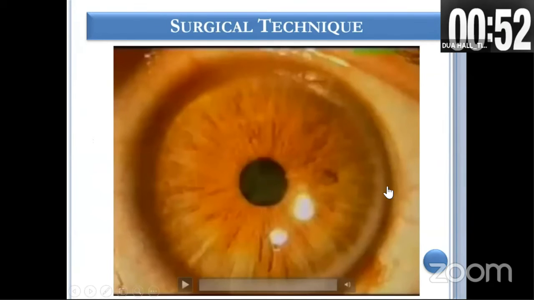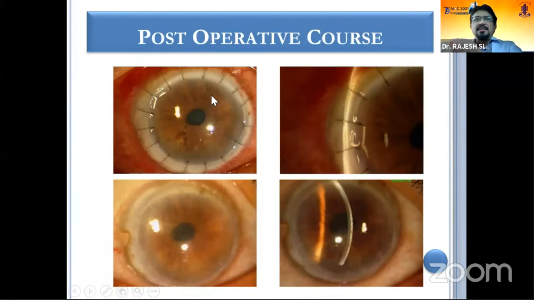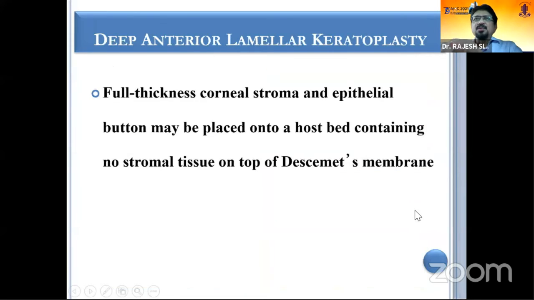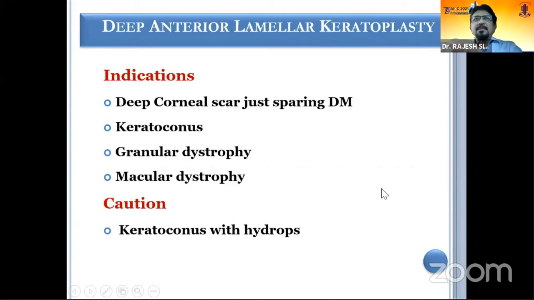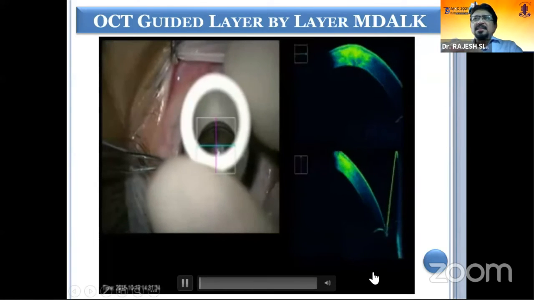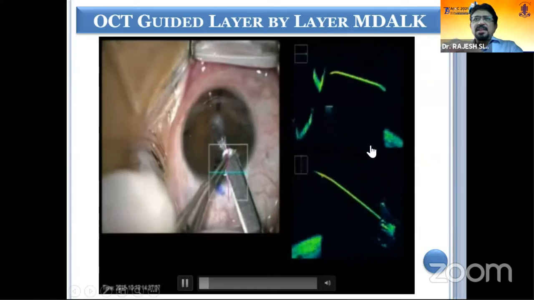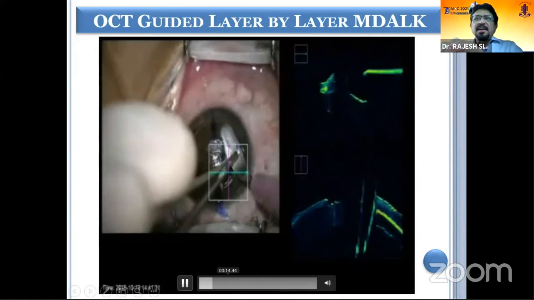In this keratoglobus, tuck-in lamellar keratoplasty can be done to strengthen the peripheral part of the cornea as well. And this is the post-operative picture, so tuck-in of the tissue in the peripheral part. I'll skip the deep anterior lamellar keratoplasty, just as Dr. Fogla will be discussing it. Just a final word about use of IOCT guided anterior lamellar procedure.